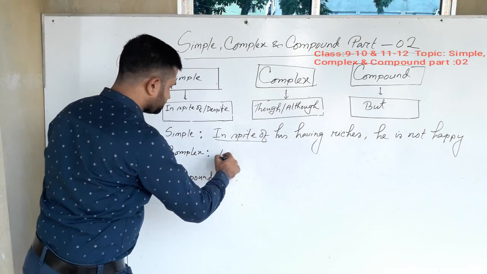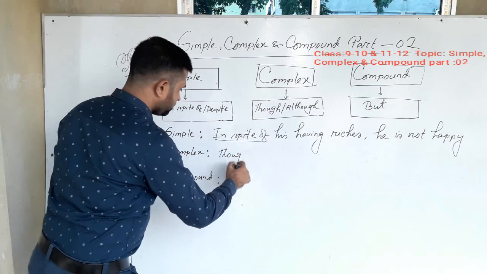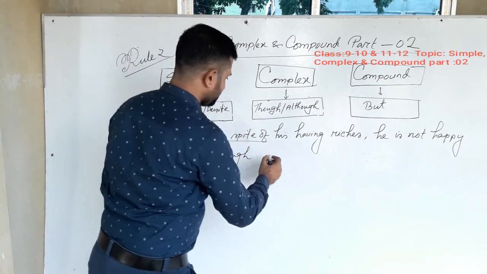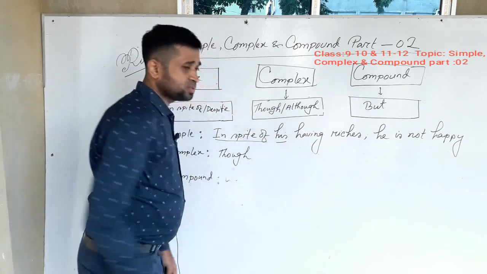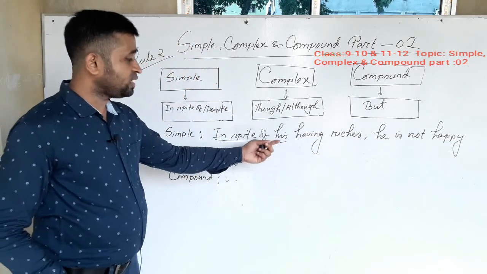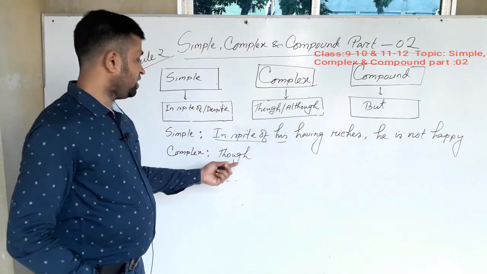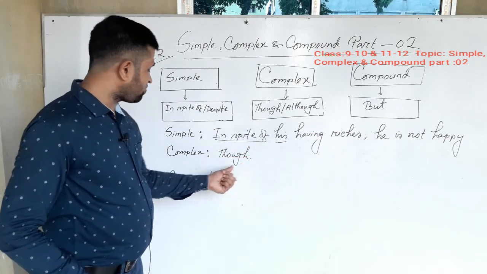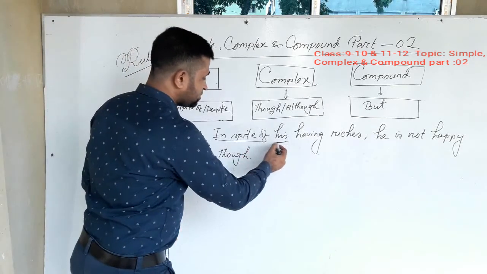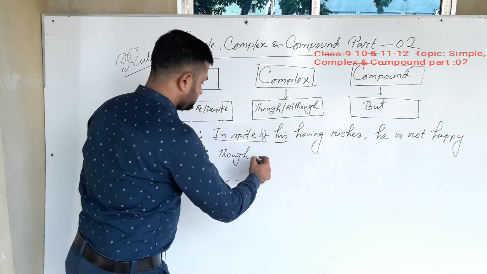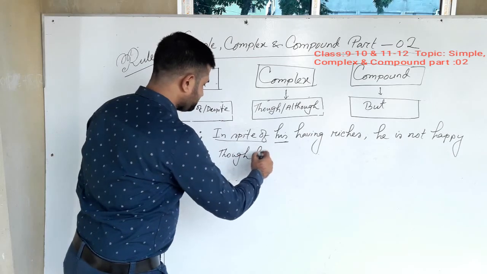Now I am writing though. Dear students, you know that after in spite of, we should use the possessive form: his. But in the complex sentence, I have to use the subjective form. Not the possessive form; now I am writing the subjective form,